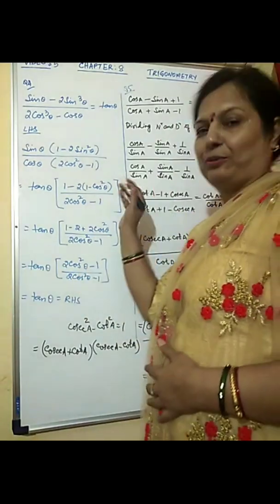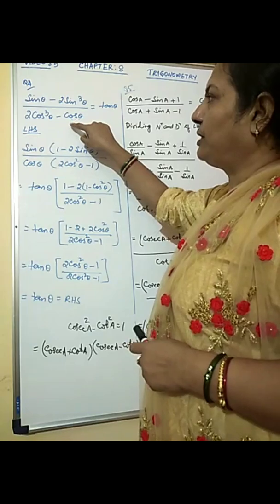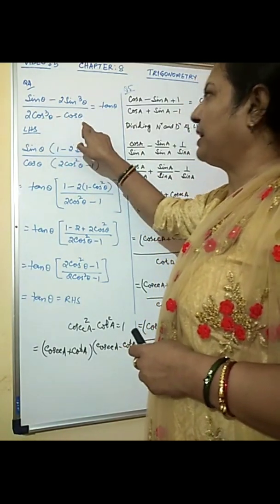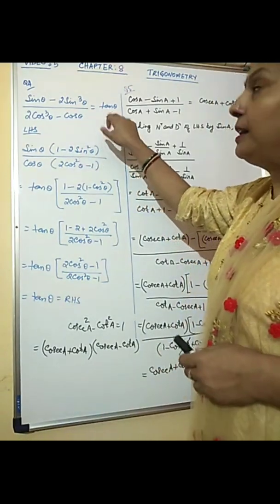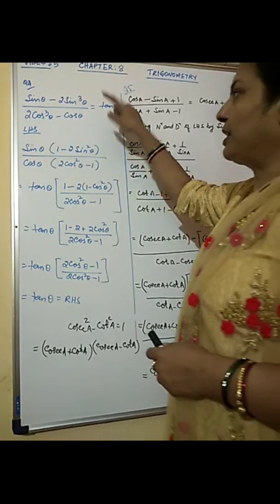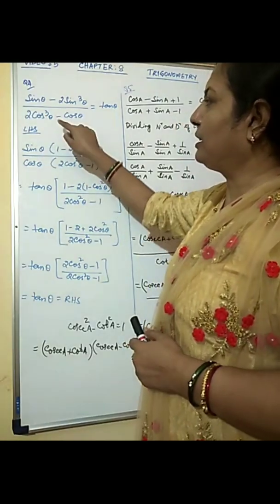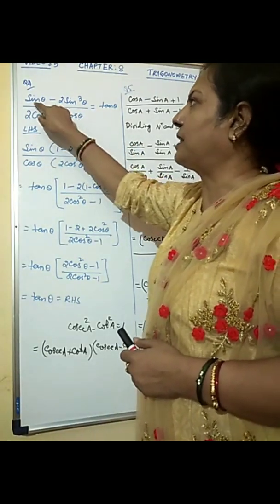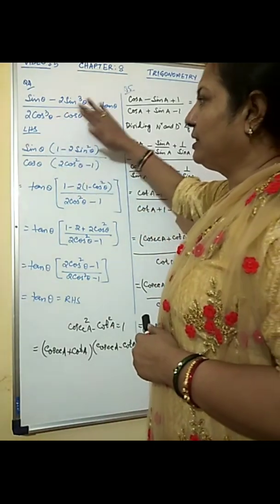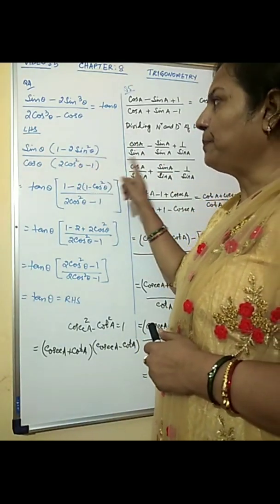So now we'll be discussing question number 4, that is proving the following identities. Now this identity is sin theta minus 2 sin cube theta by 2 cos cube theta minus cos theta is equal to tan theta. Now clearly something which you see on RHS is tan theta, which you can get dividing sin theta by cos theta. And if you observe LHS, you can clearly see that in the numerator we can take sin theta common, in the denominator cos theta can be taken common. So whatever the remaining terms are has to cancel to give us the value 1.